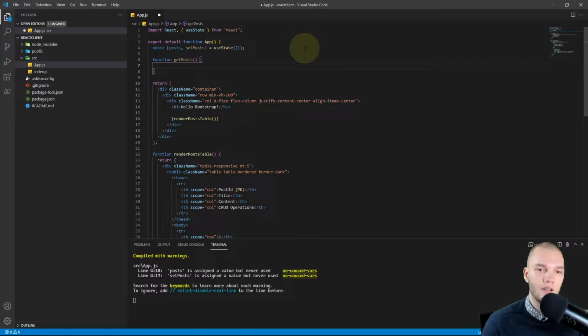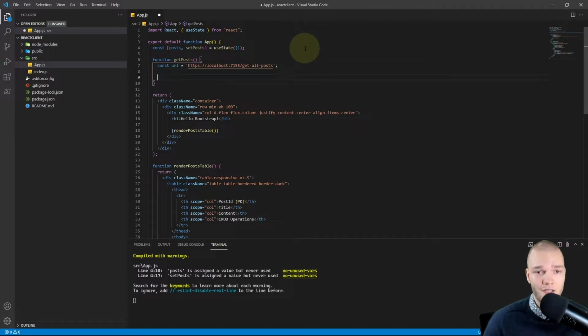And I'll just declare a variable, so const URL, and that equals, and a string, and then I'll paste the server URL from my clipboard and add a slash, and for the route I'll do get-all-posts.